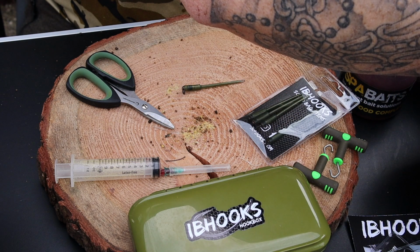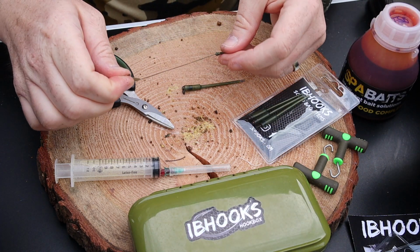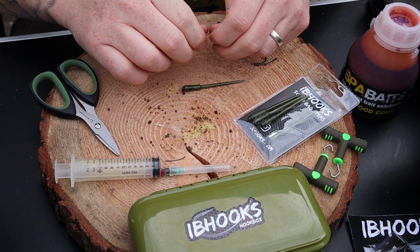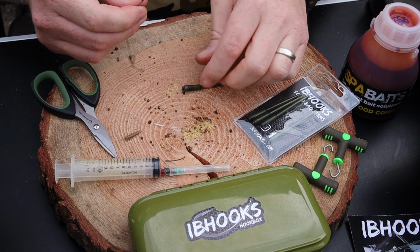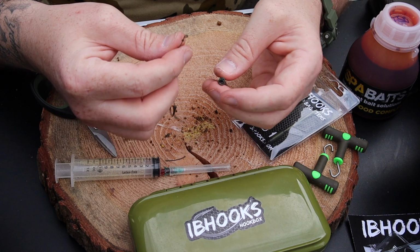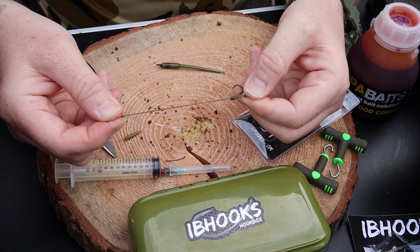Get yourself a hook link. I'll do one that I've already made just to save a bit of time. Okay, so here's a simple rig that I made earlier. It's a little short 4-inch rig, simple